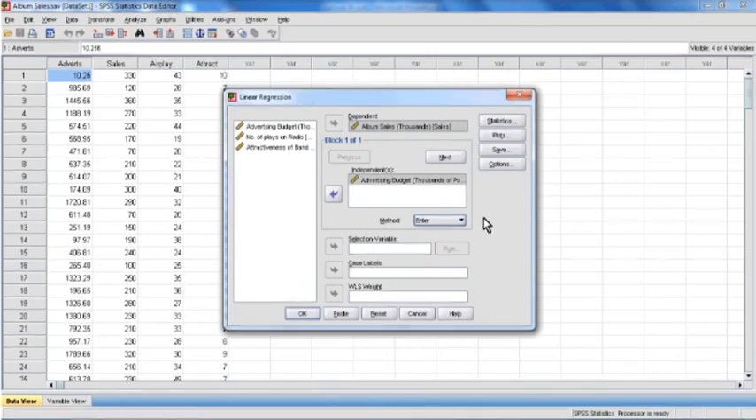So here we just want to see, first, what is the impact of advertising budget on album sales, and then, while controlling for this first variable, we want to assess the impact of the remaining two independent variables on the dependent variable. So I mention this first initial variable in the first block, then I click on next,